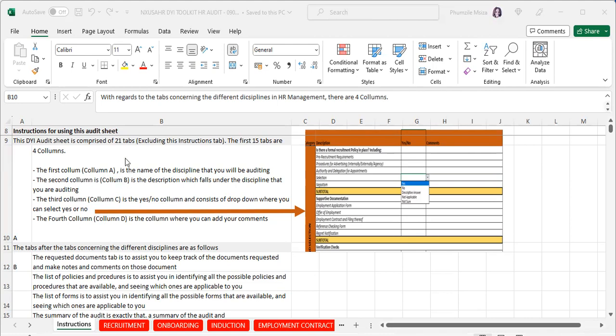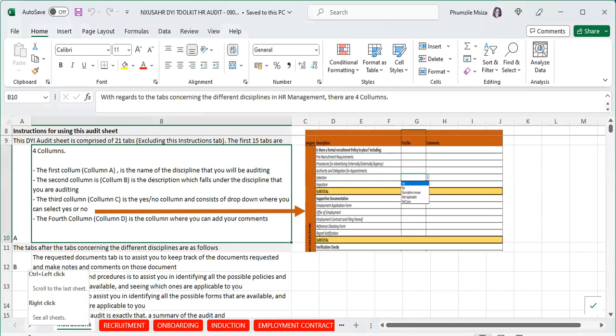It is comprised of 21 tabs, excluding the instructions tab. 15 tabs are the different functions of your HR that you will be auditing. As you can see them here, it's recruitment, onboarding, induction, employment contracts. I have scheduled them in such a way that they follow the lifespan of the employee. Employment contract, record keeping, and then as an employee starts, you'll be managing their probation, you'll need to manage